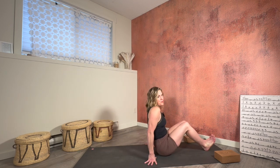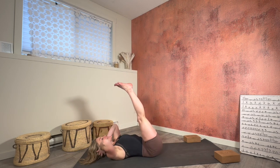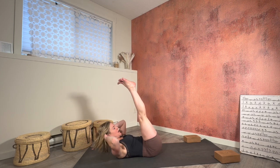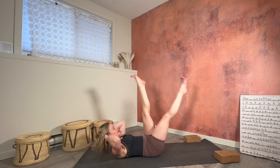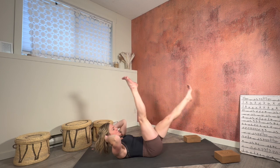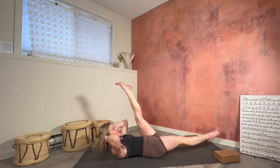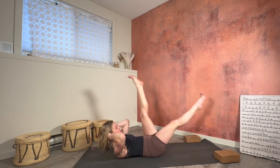Send the legs out in front and come all the way down onto the back. Send your legs to the sky, intertwine the fingers behind your head, and lower your right leg, then your left leg. If it's too strenuous, you could drop the shoulders and head down. Imagine you're combing the air with your toes. Nice and controlled, specific, accurate, masterful. Pull up even higher for the last 5,